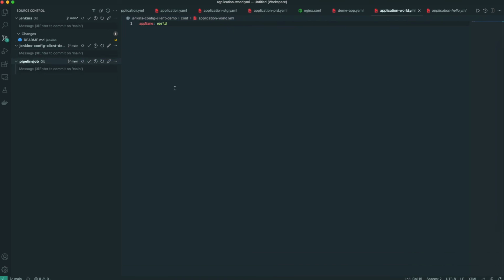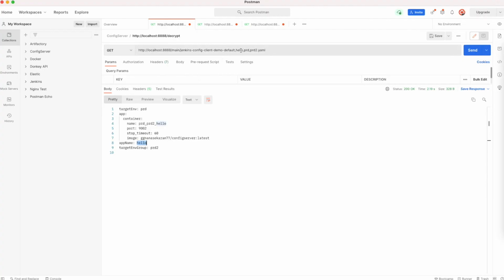We pushed our changes. Now instead of hello, I'm changing to world. So if you see here, the app name is changed to world. This is how we can make the profile dynamic and get our variables.